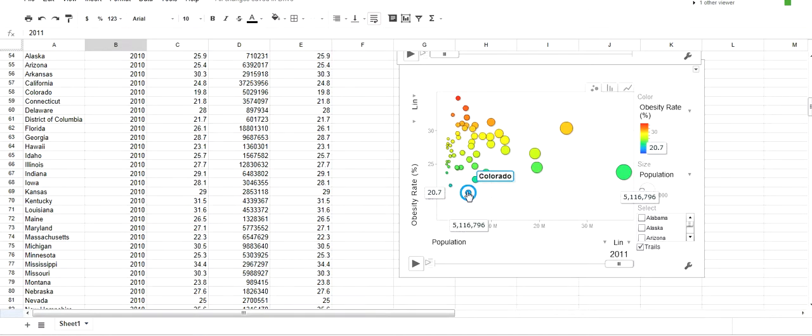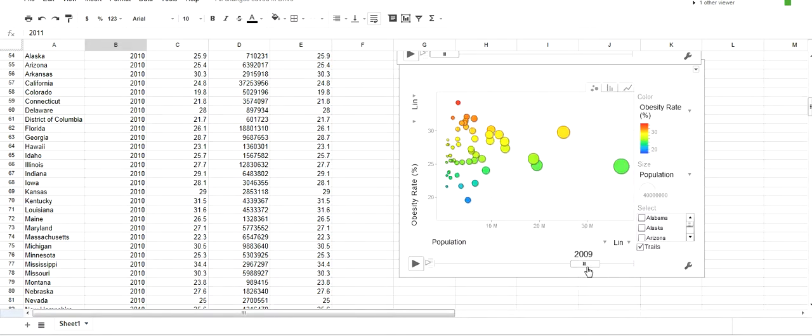Colorado down here was the lowest at approximately 21%. So they stayed continuously low and didn't break that 20% barrier until about 2009, which was well after the rest of the United States had done so. California, if you'll also notice, makes a small change and drop after 2010, right here. And even with population growth, doesn't really change very much as far as that obesity rate goes.